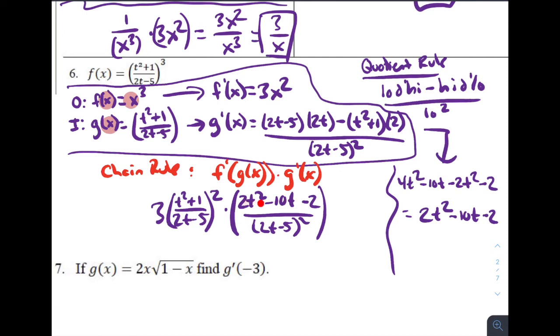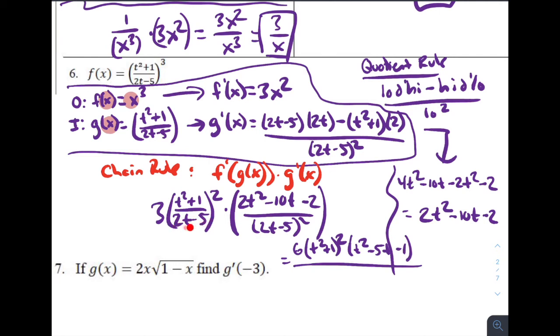We notice here maybe we could factor a 2 out of each of these terms. So I'm going to do that. And we also notice that these denominators are the same, so we can combine those in that way. How would I simplify this? Let's say this is probably like 6 times, so the 6 comes from 3 times the factor of 2 that I pulled out of each of those, times 2t squared plus 1 quantity squared, times t squared minus 5t minus 1, all divided by, well, we've got